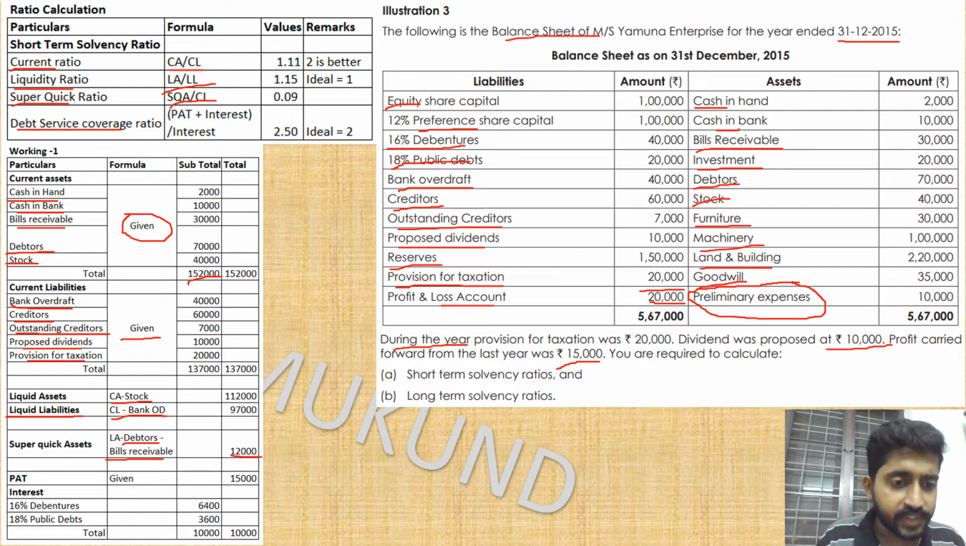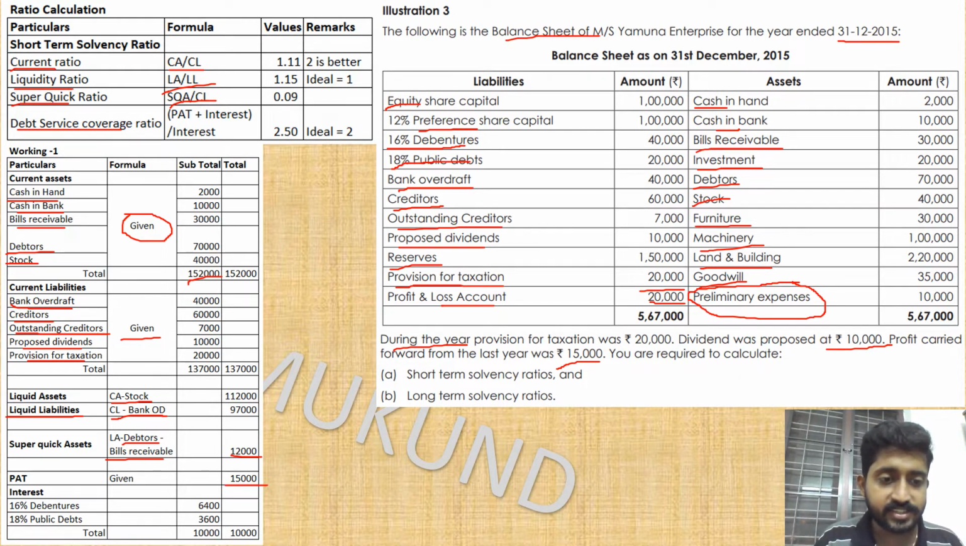Okay, profit after tax is given as 15,000. Profit carried forward from the last year is 15,000. So profit after tax is 15,000, that is given because that is the profit carried. Okay, profit after tax is